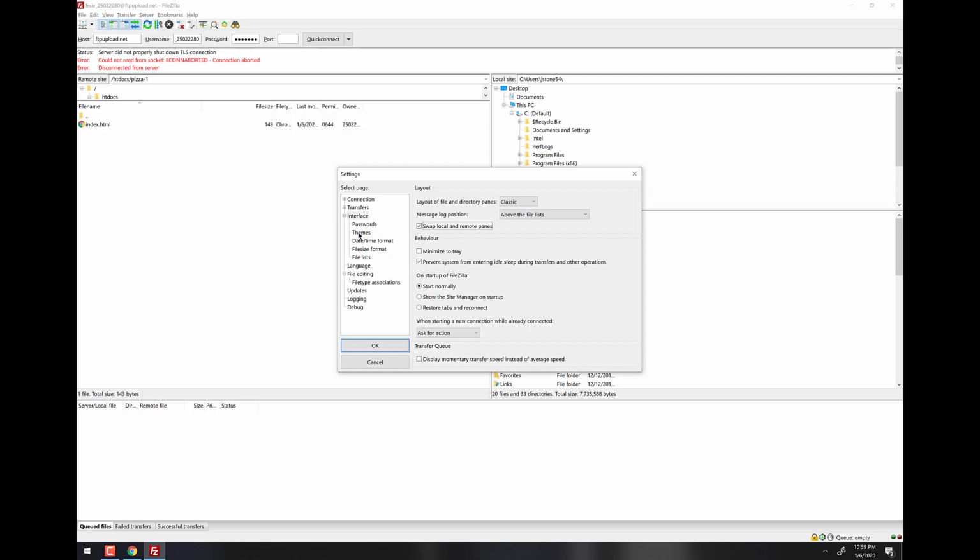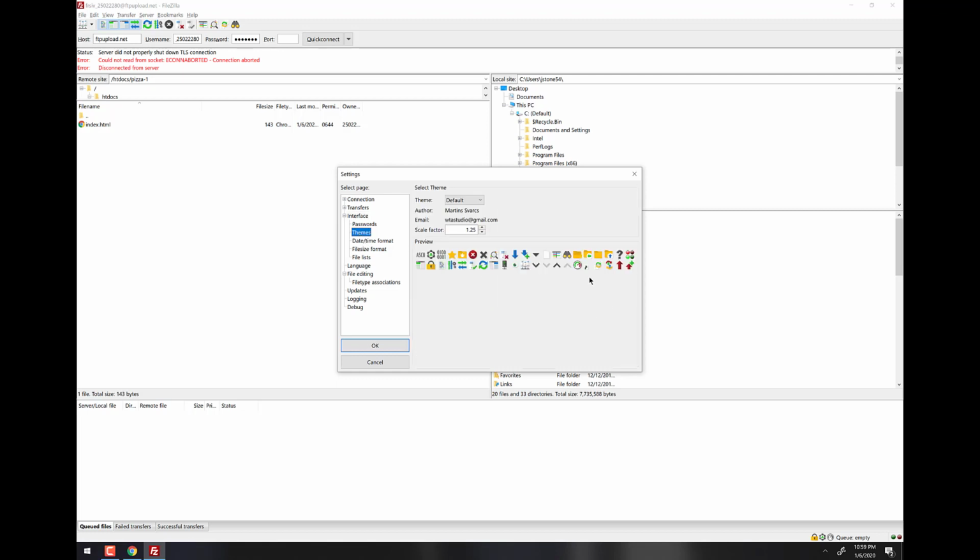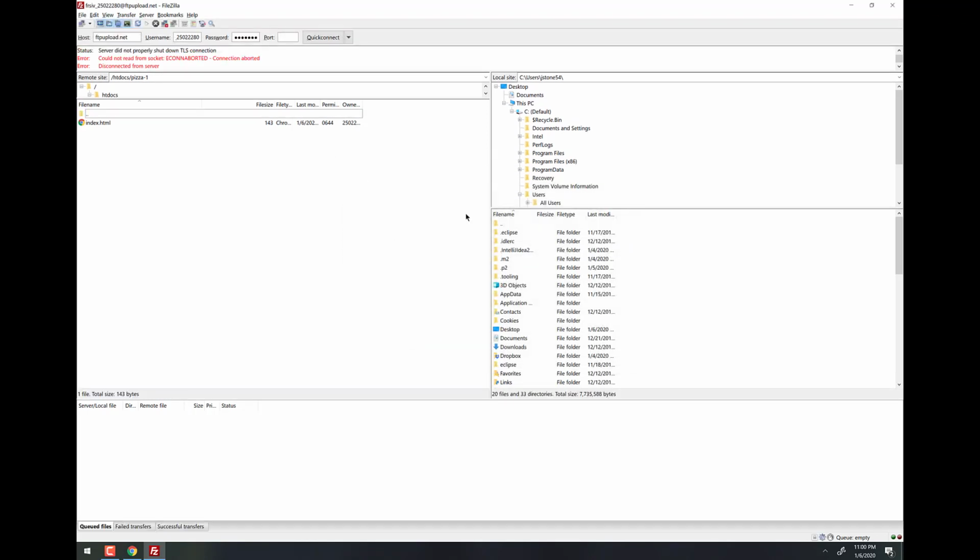So underneath interface, if we go to themes, you can see these icons here, the basic layout of what the icons will look like. So we can go with the defaults. We can go with this blue kiss and they'll look like this. The one I think that I liked the most was, I think it was the SUN, or is it Tango? Yeah, I think Tango is the one I prefer. So I'm going to go with that. You can also set how big they are. I'm going to make these a little bit smaller on mine and then click OK. And there we go. Now everything's set up the way I like it.